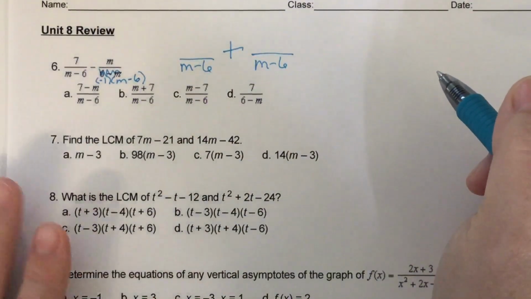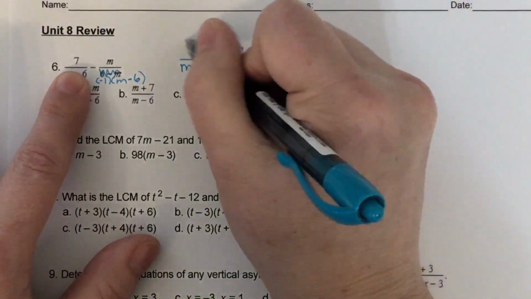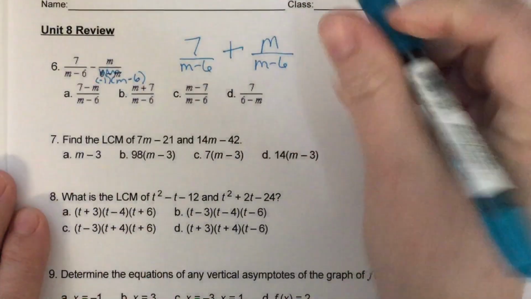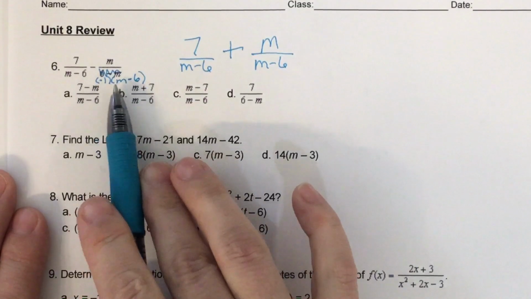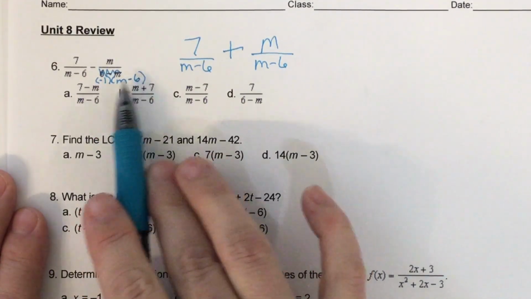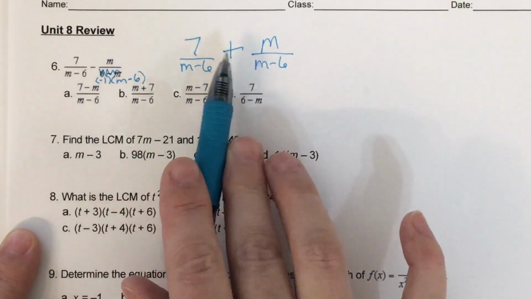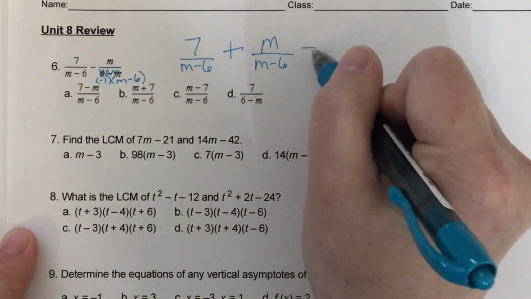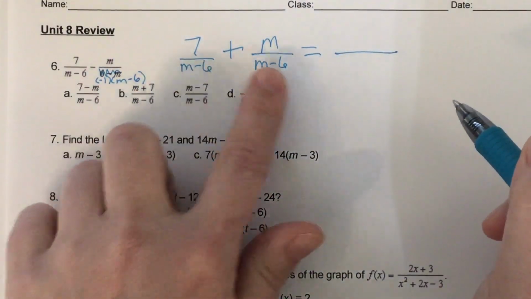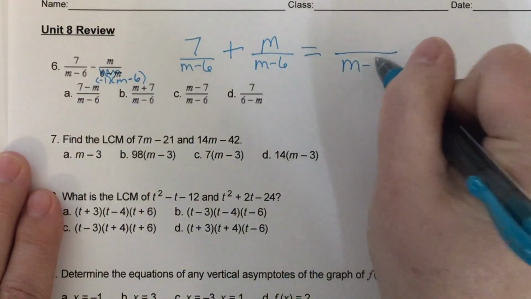Nothing's happening to the numerators, they just recopy. So the 7 recopies and the m recopies. So I took a negative 1 out, so the m and the minus 6 could look just like this, and then the minus the negative made addition. So when you add fractions, if your denominators are the same, which they are, the denominator just stays put, and